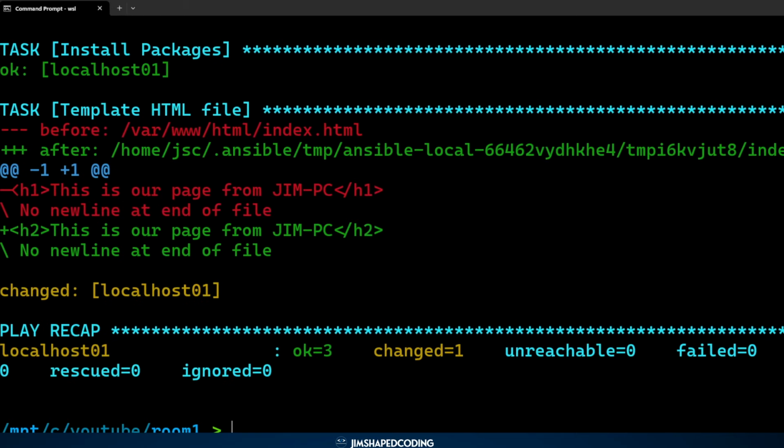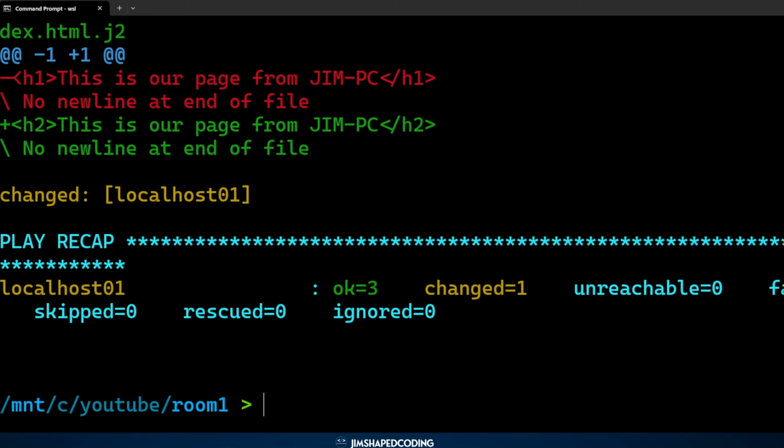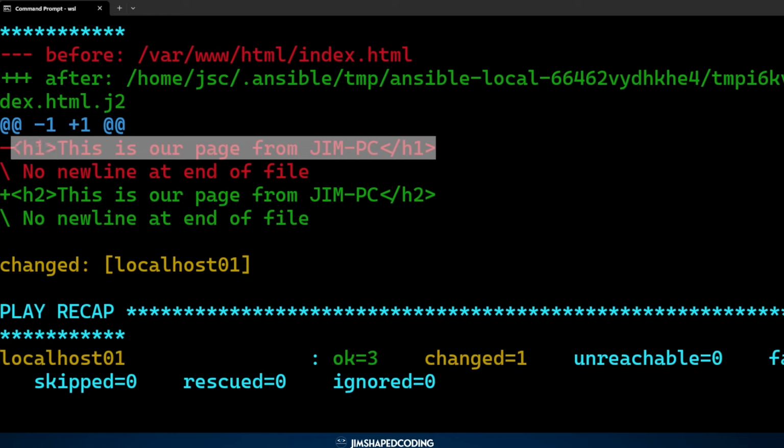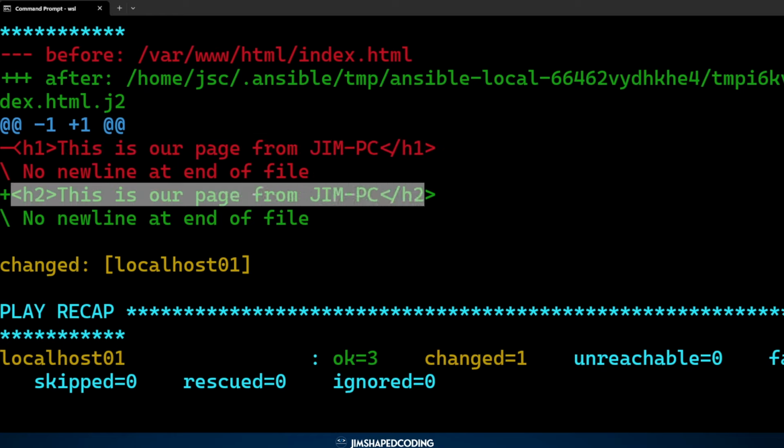then you can see how nice we can take a look at the difference. So if we zoom in to here, you can see that it was that line and it is going to be changed to that line. And so obviously this is useful for templating large files, and especially if you'd like to change configurations of different